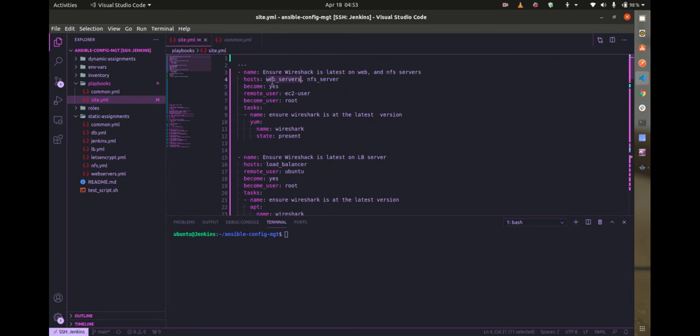execute this play on just these two different grouped servers. So my web servers that I've grouped together, that are two servers, and then one NFS server, as I've had it set up there in my inventory list. So this play is going to get executed on the web servers, two web servers, and one NFS server, and